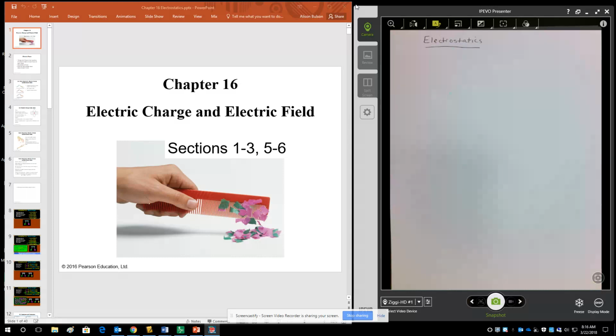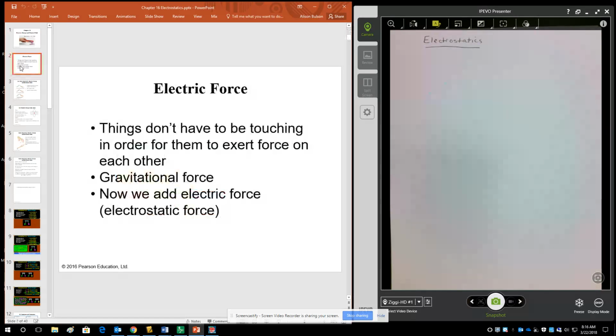So electric charge and charge interactions is also known as electrostatics. Electro, electric, electron, and statics, or not moving. So our focus is on how charges interact when they are not moving. We find that things don't necessarily have to be touching in order for them to exert forces on each